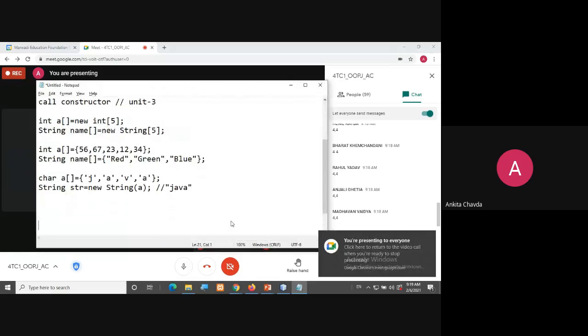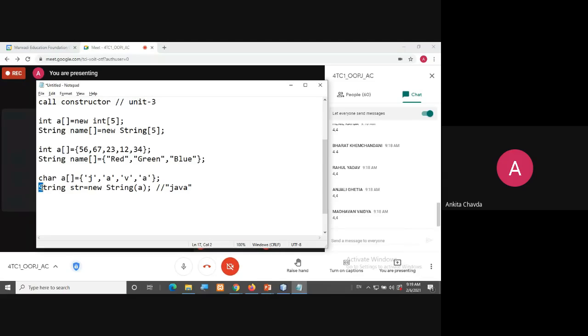Suppose I'm showing you here. First I'm having this character array A, and then I'm creating this string str1 is equal to new String of A. This is what I'm passing. So here the string would be Java. Now I can create another object, string str2, and I want the same thing that my previously created object has. So I'll pass string1 over here. So I can pass one object into another object, yes or no. Here also it is having Java. Simple.